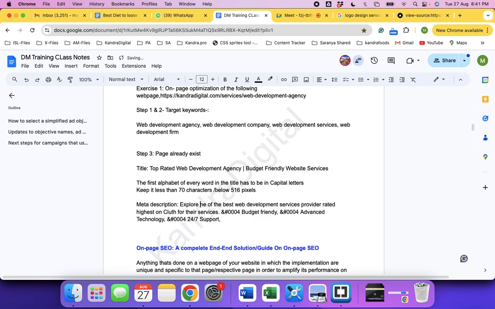Right now, call to action could be: explore one of the best web development services provider rated highest on Clutch for their services. Okay, so I haven't covered company here. I'm covering company, correct? Rated highest for their services on Clutch's directory. Maybe services is already used. I can put services or timely delivery or service quality, so it should be quality, budget friendly, advanced technology, 24/7 support and